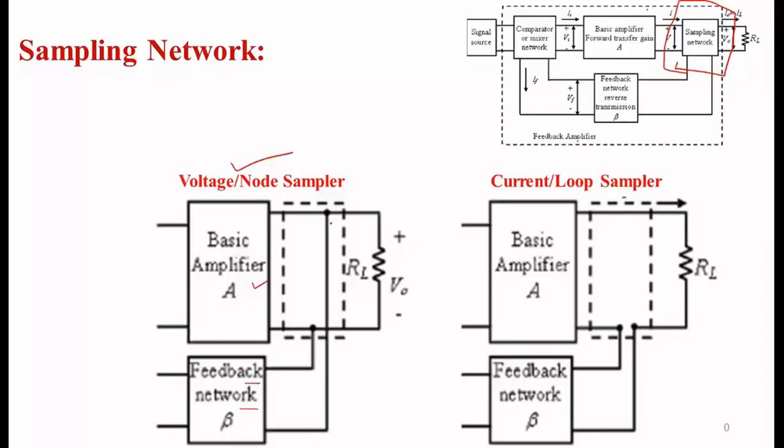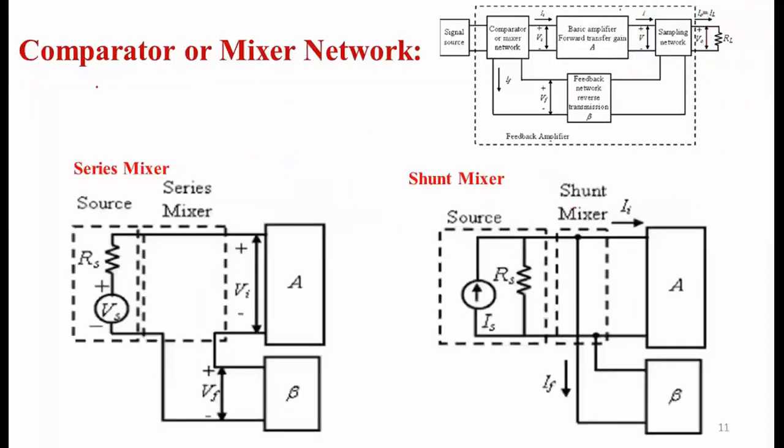Here we can see the basic difference: in the voltage sampler, we connect in parallel to the output, and in the current sampler, we connect in series to the output of the basic amplifier. So the sampling network is of two types: the voltage sampler and the current sampler. Similarly, our next is the